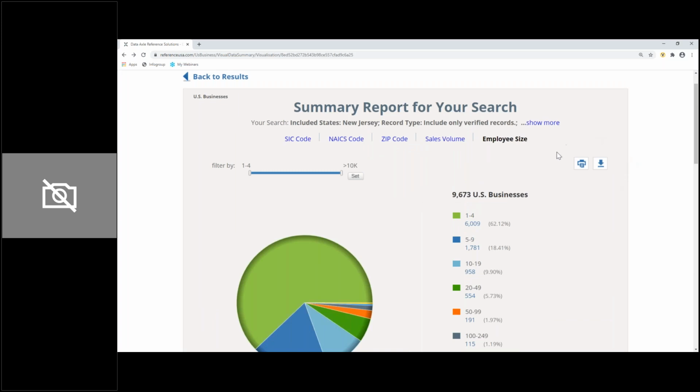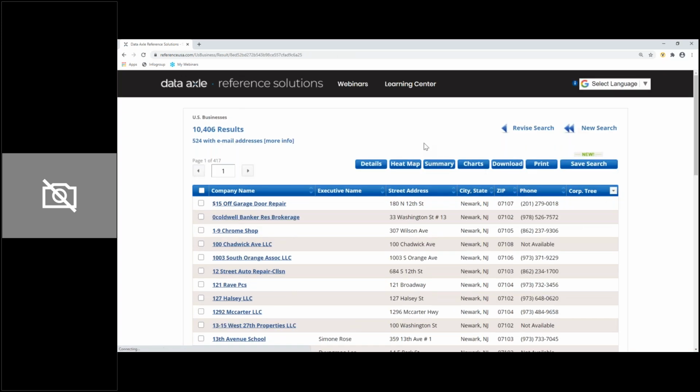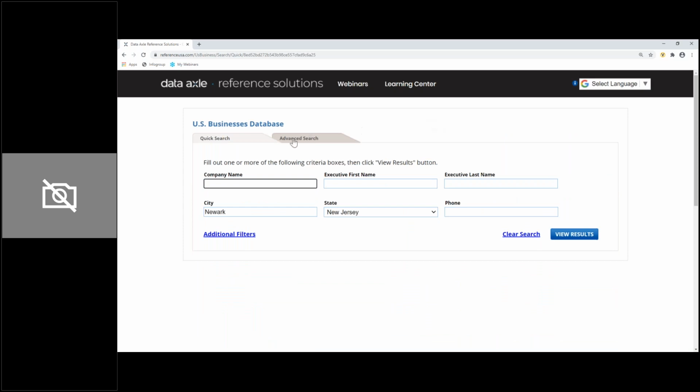All of this can be printed off or it can be made part of a PowerPoint presentation. So it just depends on what you might need to do or need to be able to do. Know that you could look at it from this standpoint. In most cases, people want to look at certain types of businesses, and when needing that, that's when we would go to the advanced search. By the way, additional filters goes to the same place, advanced search,